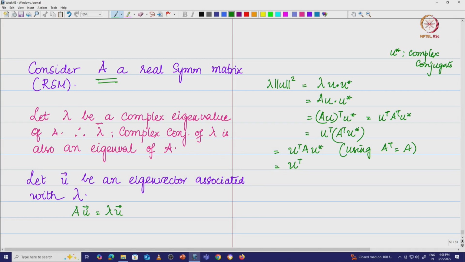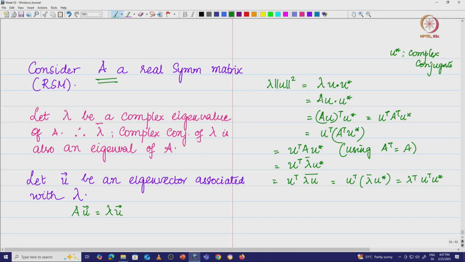So, A U star, I can write this as the complex conjugate of this, lambda. So, I will write this as lambda bar, and then I will take this as U star, which is nothing but U transpose. I will take this as lambda U, the whole bar, that means it is a complex conjugate. So, you just take it this way, right. So, what we have? We have U transpose into, let us say, lambda bar U star, which is nothing but lambda bar into U transpose U star.